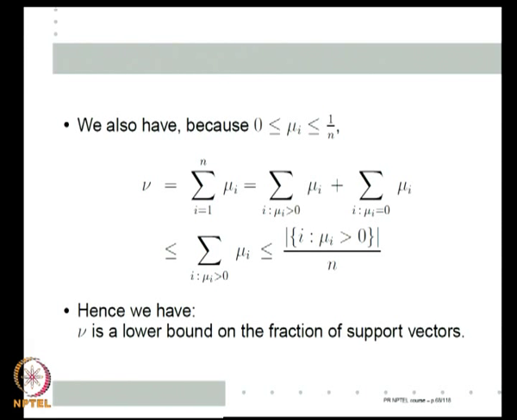So, if I choose nu to be 0.1, I am asking the optimization, I formulate the optimization problem such that at the optimum point the fraction of support vectors should be at least 10% and the fraction of margin errors has to be at most 10%. As a matter of fact, one can show that asymptotically, as the number of examples goes to infinity, nu will be equal to both these fractions. Nu will be equal to the fraction of support vectors and the fraction of margin errors. That is very useful. So, I can decide what kind of performance I want, right, by choosing my nu.